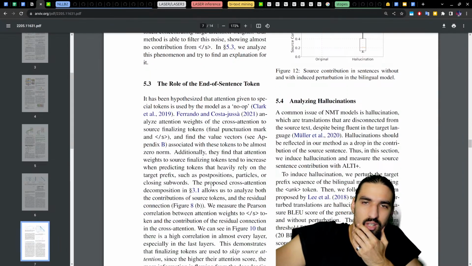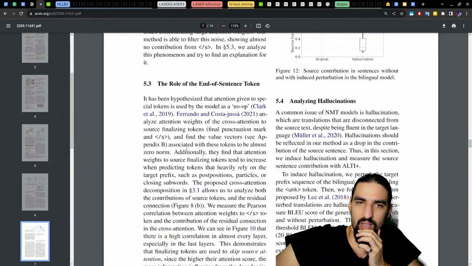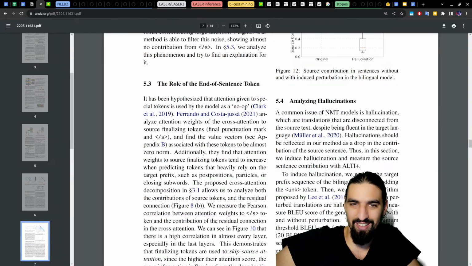And the role of the end of sentence token. It has been hypothesized that attention given to special tokens is used by the model as a no-op. This work analyzed attention weights of the cross attention to source finalizing tokens, final punctuation mark, and end of sentence token, and find the value vectors